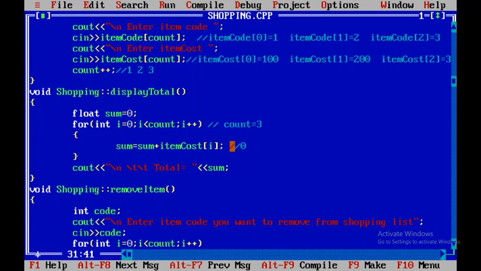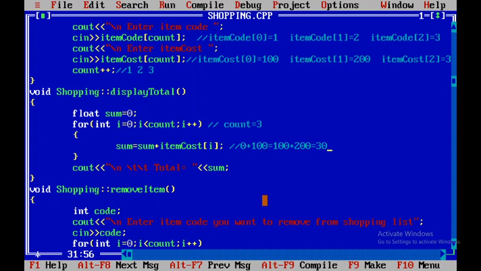The first atom cost was 100, so plus 100 equals 100. The next time the for loop executes, it will add atom cost of 1 to this 100, and that atom cost was 200.